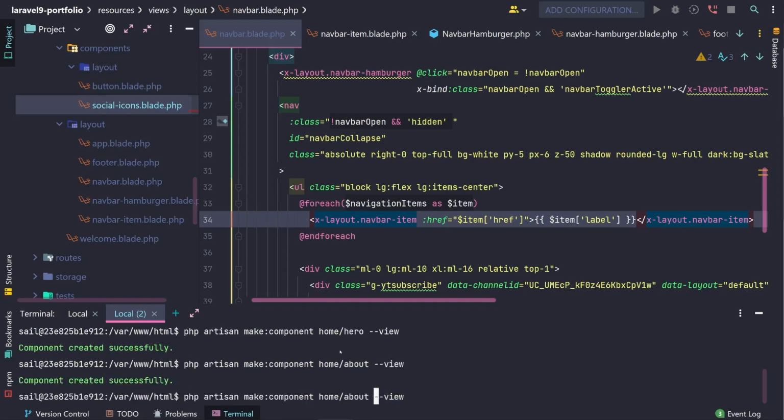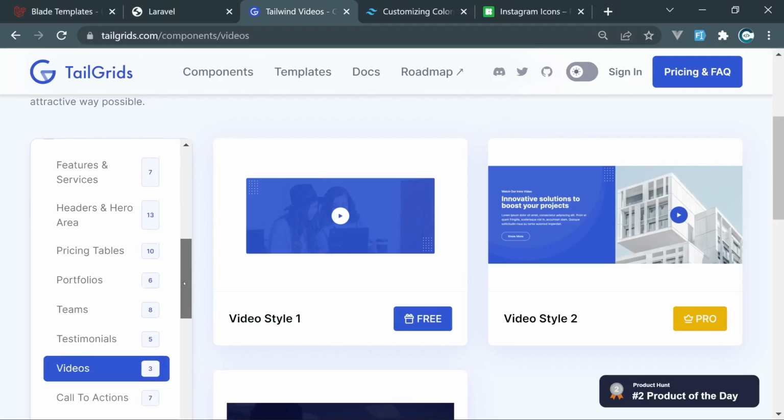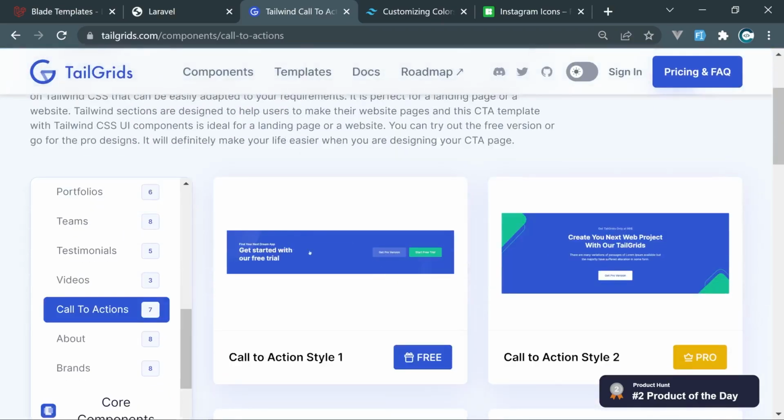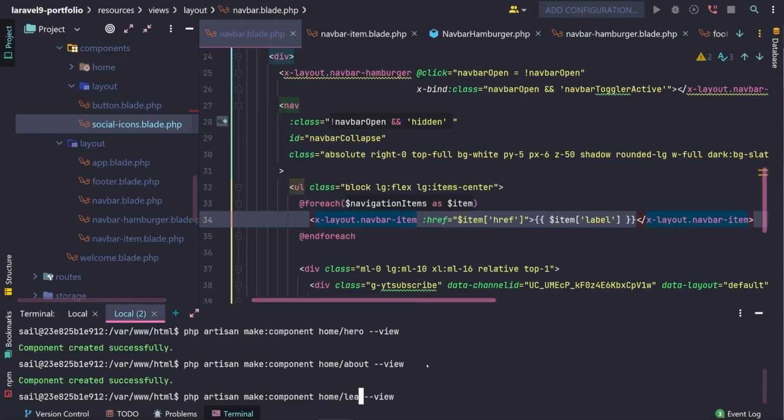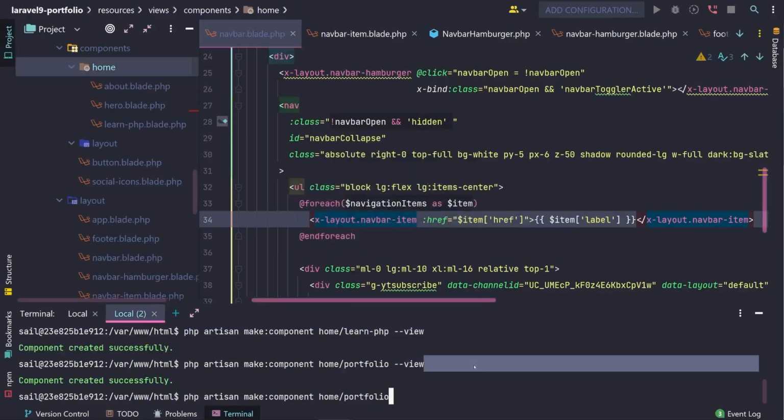I'm going to use this call to action as a learn PHP section. So learn PHP. We're going to have portfolio section, and actually the portfolio should not be view only, it should be a normal component. So I'm going to delete the portfolio and regenerate it without the --view flag, and I'm going to